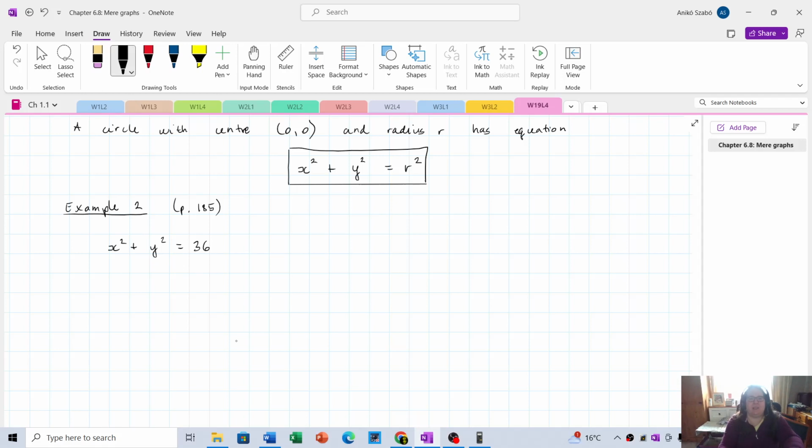So that will be a circle, and then you make sure that the radius is not 36. Okay, this is r squared. So the radius of the circle is 6. One of the most common mistakes that even A-level students make is forgetting that this is r squared and not